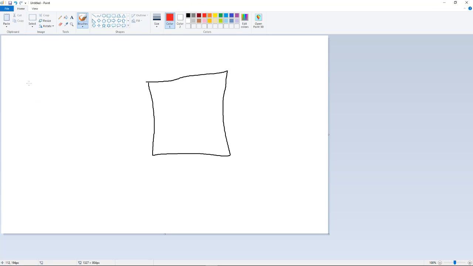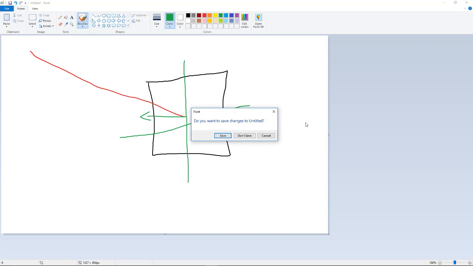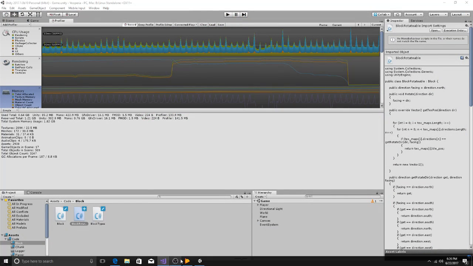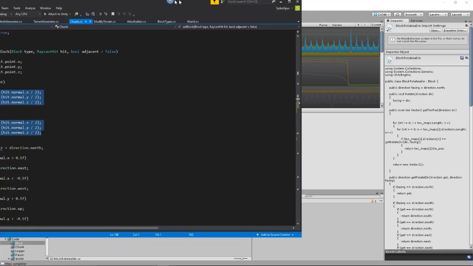When we raycast, we hit the block and we say, whoa, there's something there. The normal says, whoa, the opposite direction of this is this. It'll point this way because that is the exact perpendicular to the block. Yeah, that makes sense. The problem is using that properly. If I can figure out the direction the normal